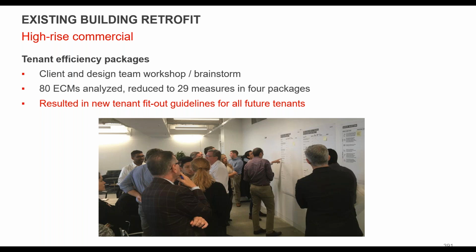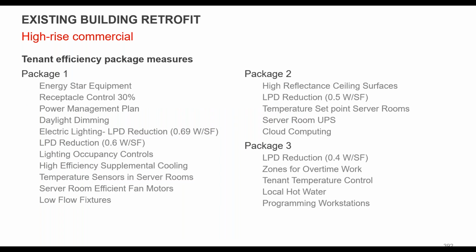So a little bit interesting use of a calibrated model, because generally you're looking more at base building, big stuff. But in this case, we were kind of looking at lots of tenant things, which is cool because it's a nice use. You already have this model built. These are great things that you can run through it. So there's packages that were sort of defined as standard today, fairly low cost. Package 2 is a little bit higher cost, maybe a little bit more outside of the box in terms of somebody designing to meet these requirements.